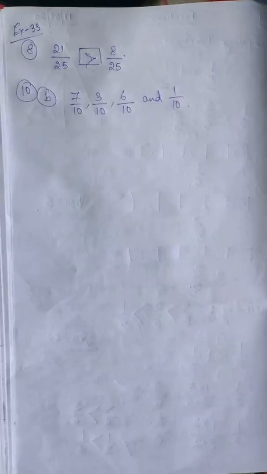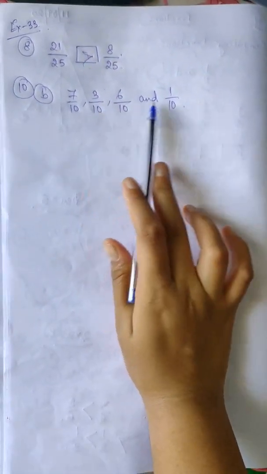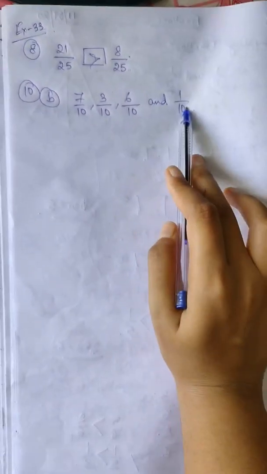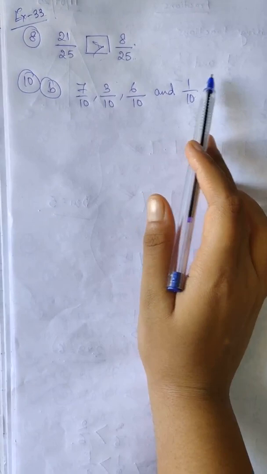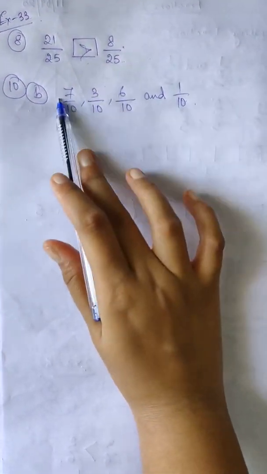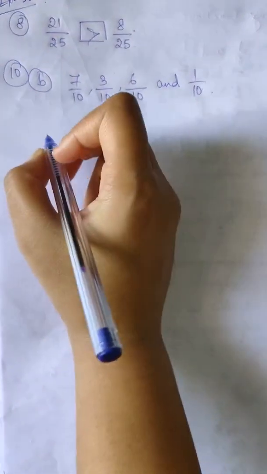Okay. Now let us move on to ascending orders. Moving on to ascending orders, I have taken sum number B. The question says we have 4 fractions and they are 7 by 10, 3 by 10, 6 by 10 and 1 by 10. Now look at the denominators. Here all the denominators are equal. So we will now look at the numerators. We have to arrange these in ascending order. That means we have to first place the lowest fraction, right? The lowest fraction here will be the one having the lowest numerator. So the lowest numerator here is 1. So we can say that the first one is 1 by 10.